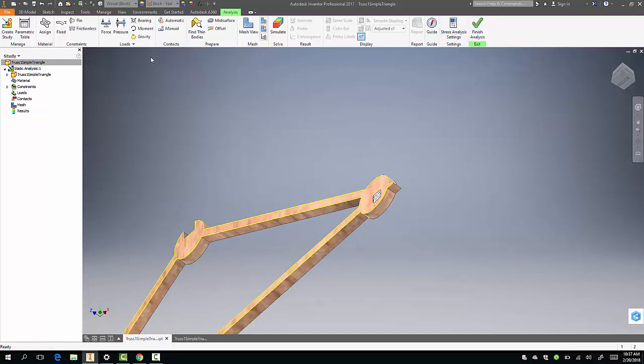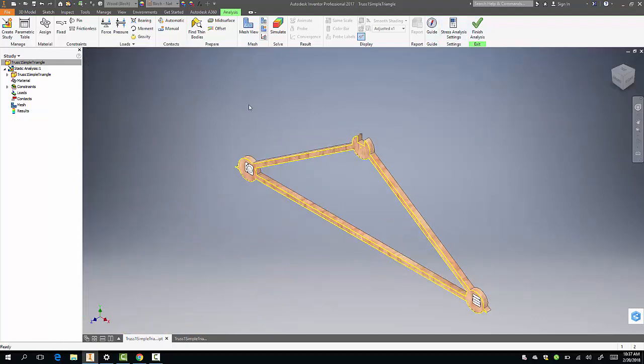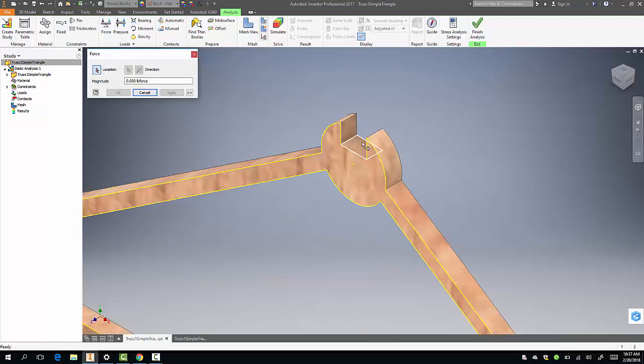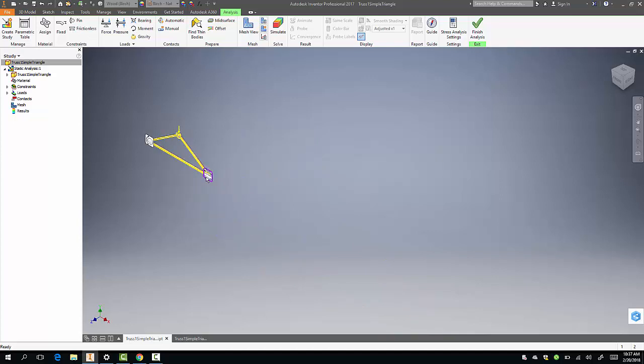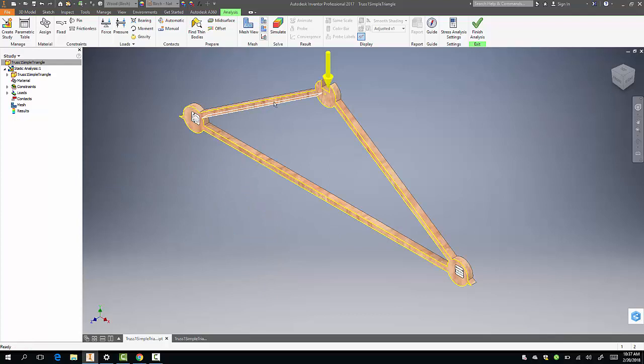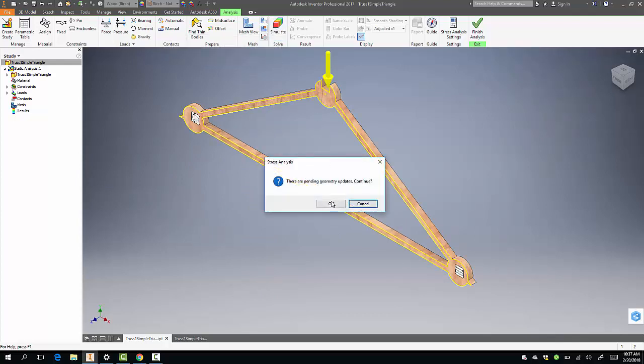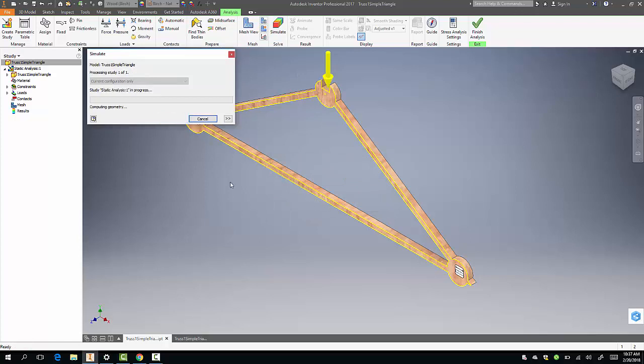and once you have that, we want to get a load placed in there. So I get a force, I click right here, that's where the force is going to be applied with the tester. I'm going to put 100 pounds of force in there, hit Apply, and that's it. So you got a pin on this side, you've got a frictionless on that side, and then you add a force right there. You can set whatever force you want, and then you hit simulate, hit OK, hit run,